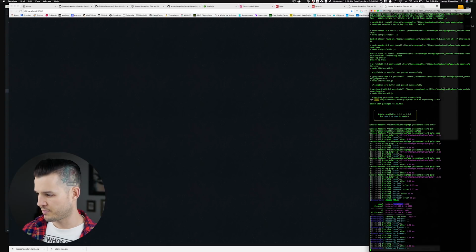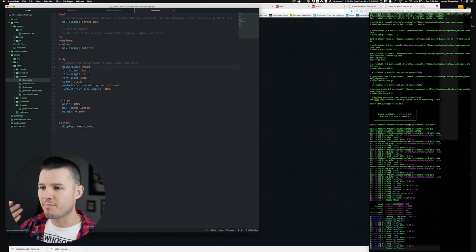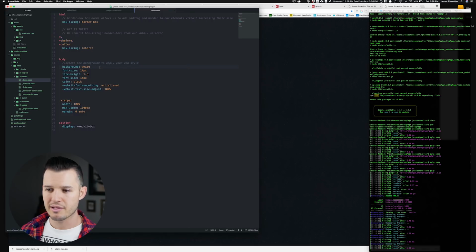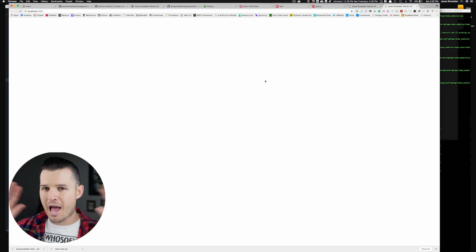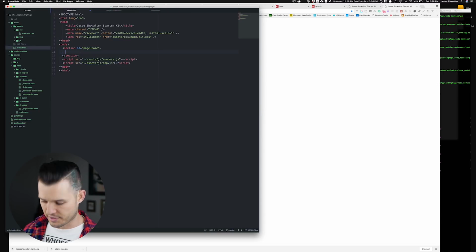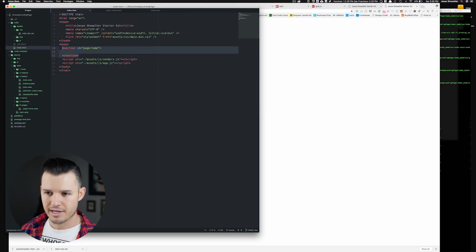almost everything has been updated. Okay, inside of my base.sass file, I think I was using a background. I have a comment that just says delete the background to apply your own style. And as soon as I do that, I have an absolutely blank page and we can start coming in and writing our own stuff. Like we can just get rid of this section even.